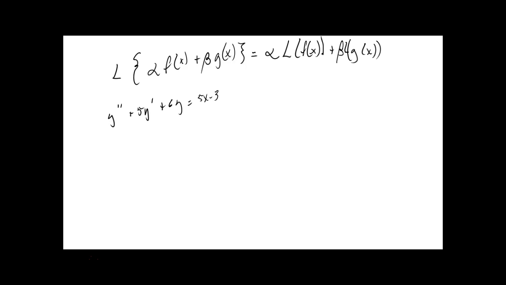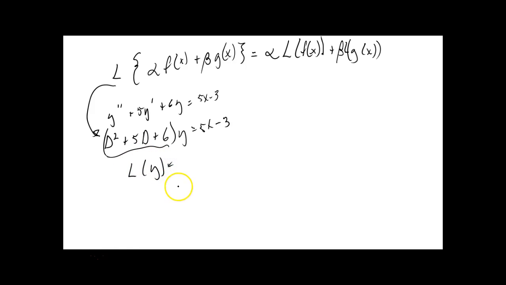All right. Write that in differential operator notation. In other words, using D. D squared plus 5D, no, 6, operating all on y is equal to 5x minus 3. Okay? Now, if you define this operation as your L, then you could write this as L of y is equal to